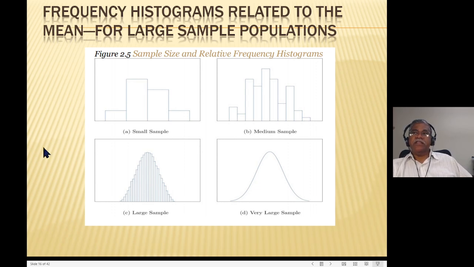So now when you look at the sample size, here you have a small sample, and so you can see the shape of this. And then when you get a medium sized sample, you get a shape of this, and again you see the distribution. Eventually, when your sample becomes very large, you get a shape like this. And when you have a very large sample, that means the individual demarcations in these bars go away, and this becomes a smooth curve.